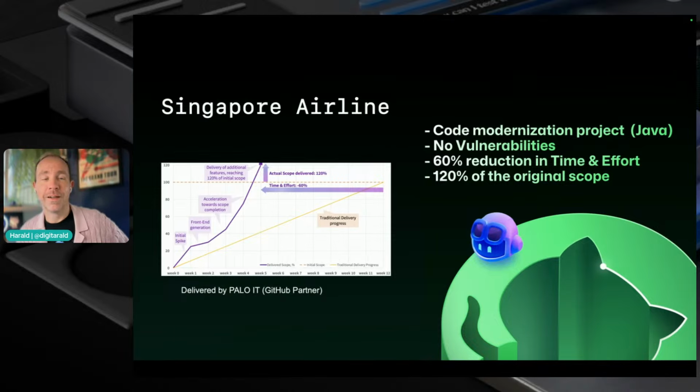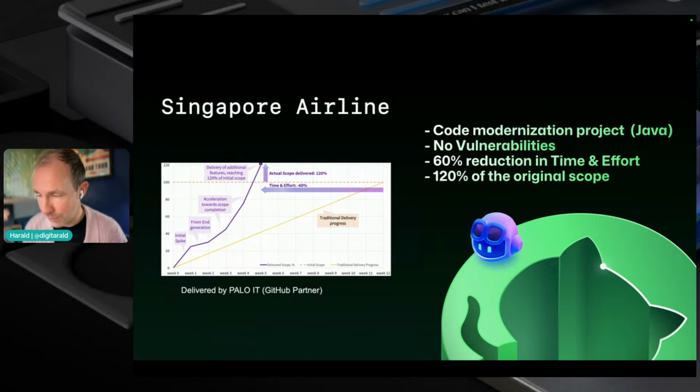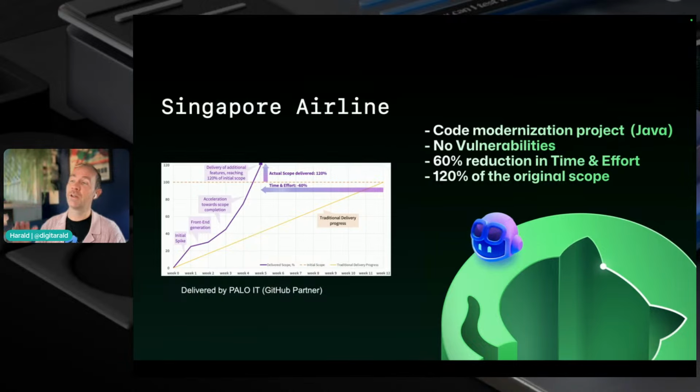So I got this slide from the field. Palo IT, a partner I love working with on their efforts with Singapore Airlines. And what they often saw is that if they just enable GitHub Copilot for a company, people will quickly hit a plateau. Either they just use completions, or they use chat, or they use agent to some degree, but not really. It didn't really take off until they spent time to bring an actual workflow, actual customizations, and onboard repositories